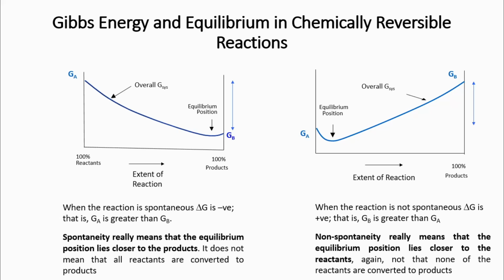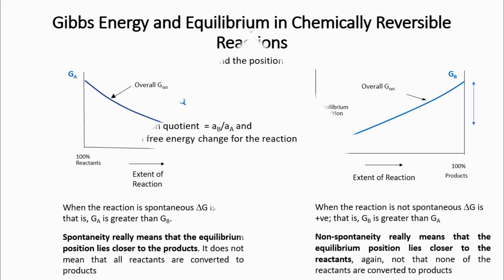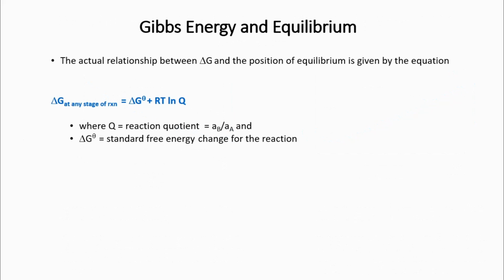In this situation also, what is clear is that the equilibrium position lies more towards the reactant side. Yes, you will get some amount of conversion of reacting species to products, but you will have a lot more reacting species remaining in your reaction vessel than the amount of product. There's a relationship between Gibbs free energy change and the equilibrium constant, and this